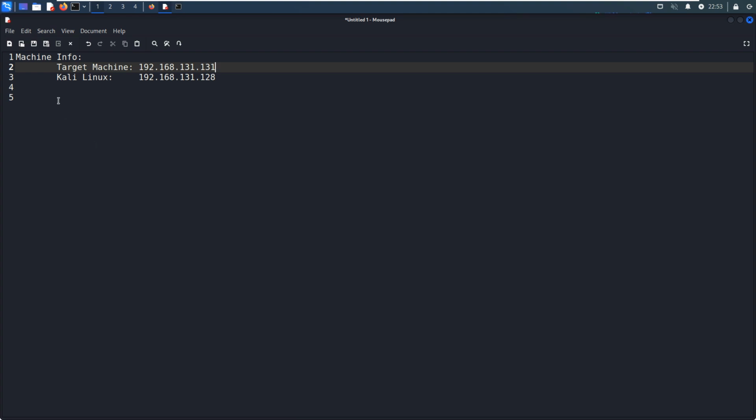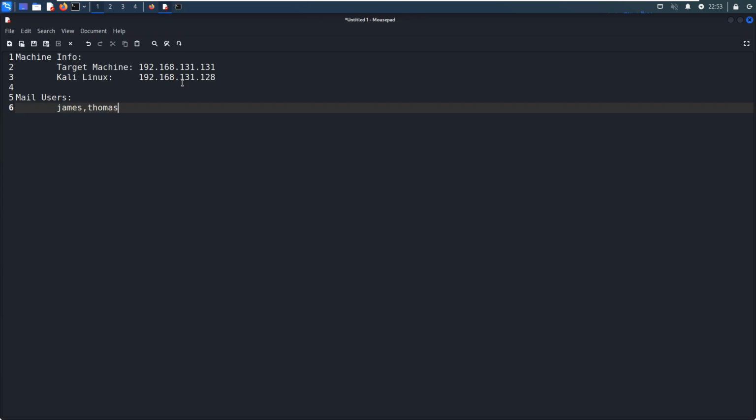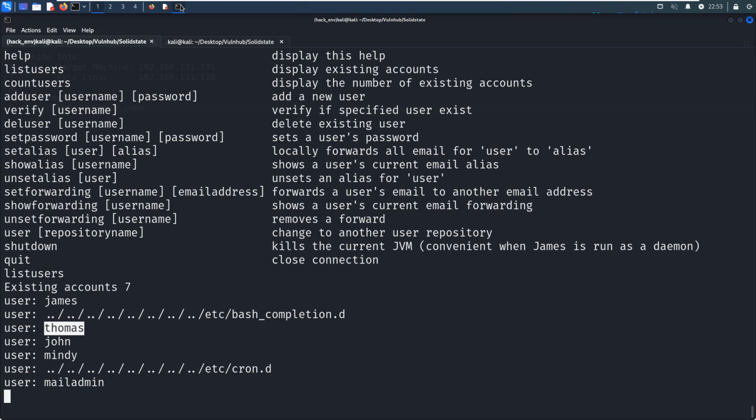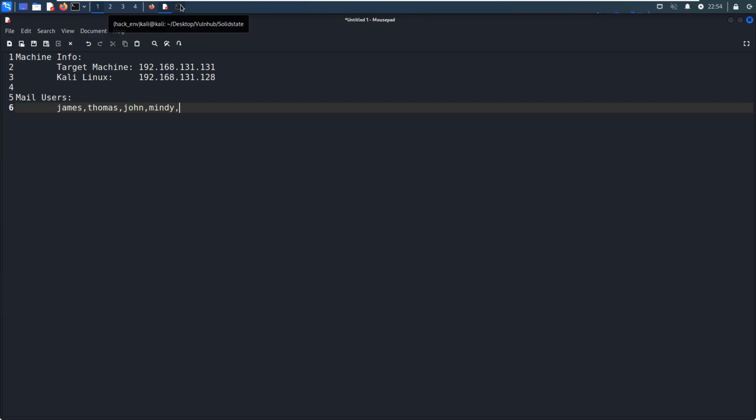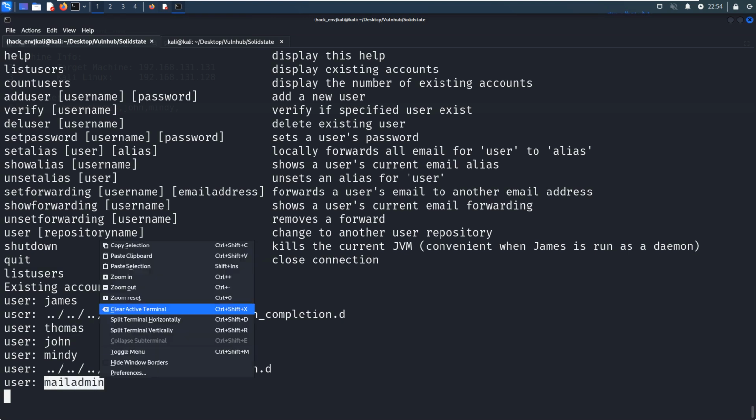So the mail users: James, Thomas, John, and Mindy, and mail admin.